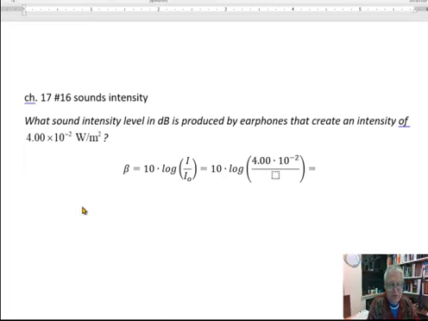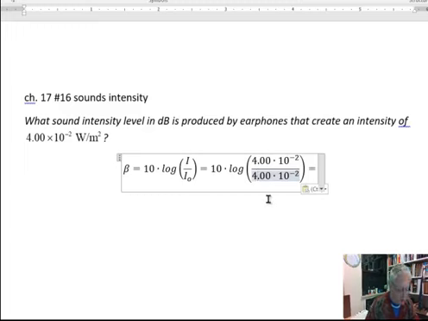All right, so next problem here. What sound intensity level in decibels is produced by earphones that create an intensity of 4 times 10 to the negative 2 watts per square meter? So I'm going to use the equation for the sound intensity level. So beta equals 10 times the log of the intensity over the threshold intensity. I already have this prepped, as you can see, so 10 times log. Here's that 4 times 10 to the negative 2. This time I really cannot avoid